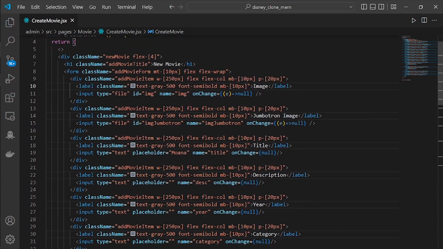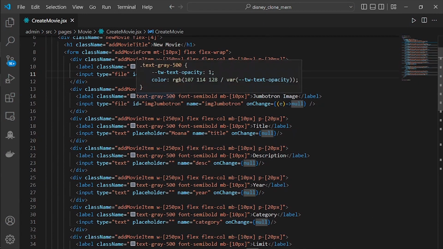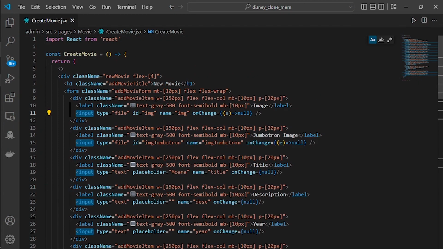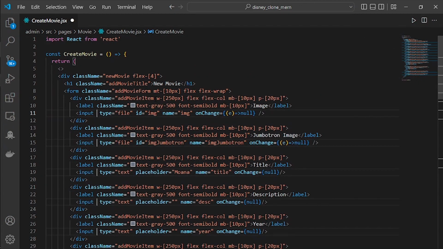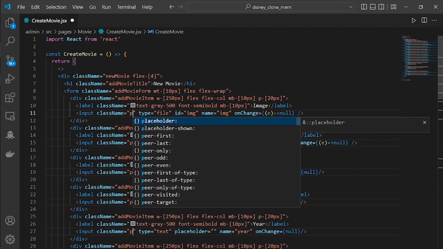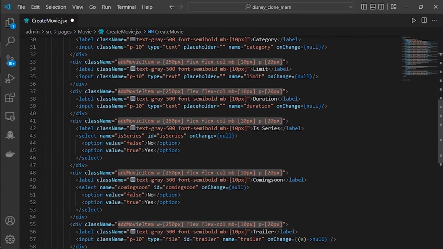Let's save it. And now for this input here, but I don't think all of this have input, so I will just escape and then select the input tag in here. For the input tag, it will have class name equal to padding is 10, and for the select in here,